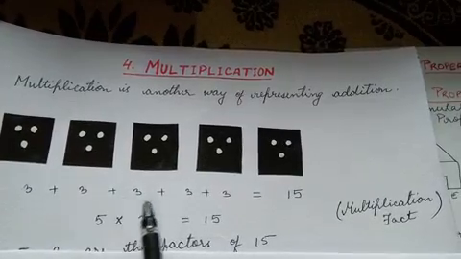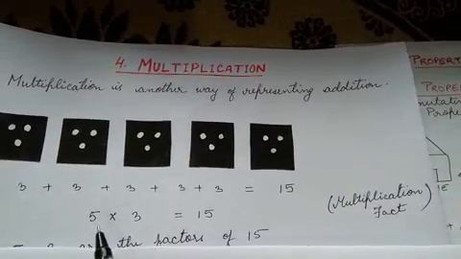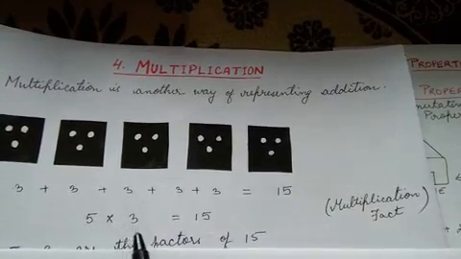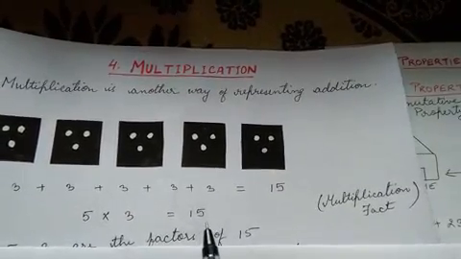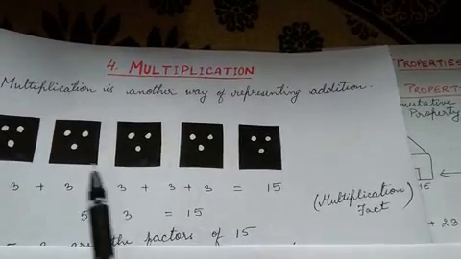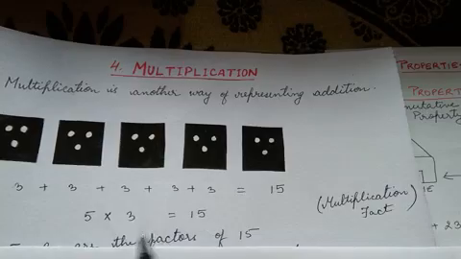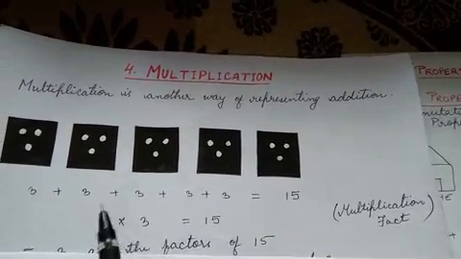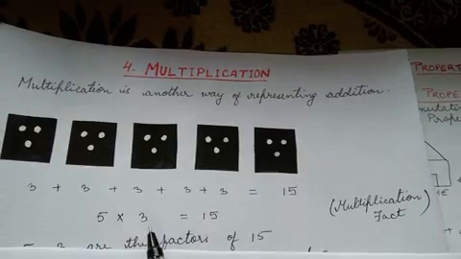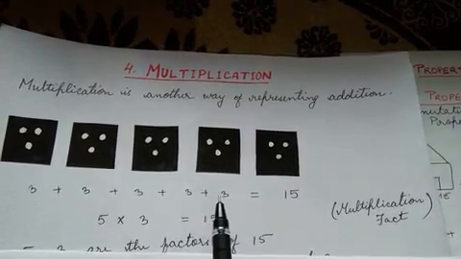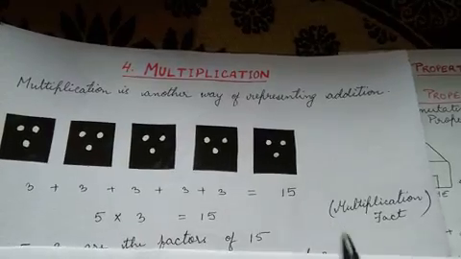Now instead of writing 5 times, we can write simply 5 into 3, which means 5 times 3. We can simply write it in this form. This will be shorter and easier also. If we add, this becomes 15, and 5 3s are also 15. This is also called a multiplication fact. Multiplication is the short and easier form to write repeated addition, and it is also called a multiplication fact.